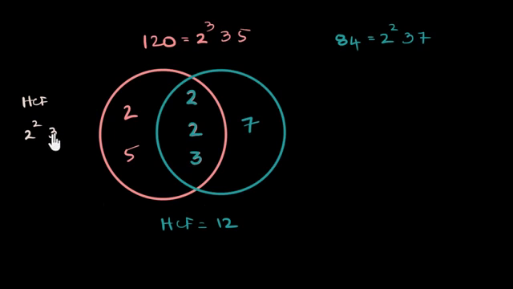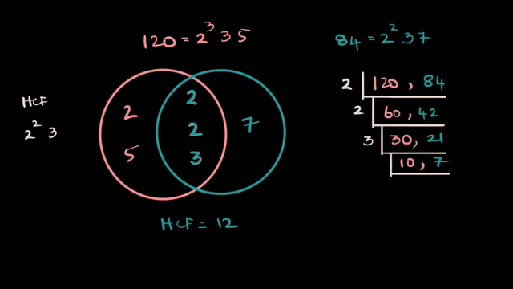Pause and think about how you've done exactly the same thing. You've taken the common things and written it exactly like over here. Think about that. Another method you may be used to is something like this, where you have taken the two numbers, drawn a line like this, drawn another line like that, and then taken all of these. So now think about when you're doing this, what you're really doing is exactly the same as what you've done over here. So whatever you're doing, you've always been doing exactly the same thing. And I hope now we have a better picture for it.